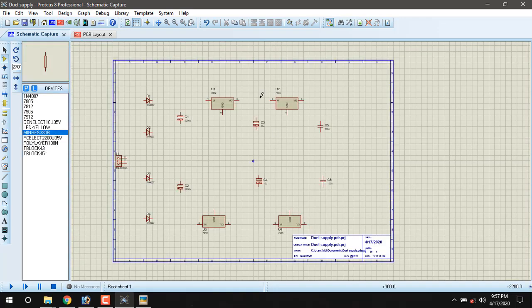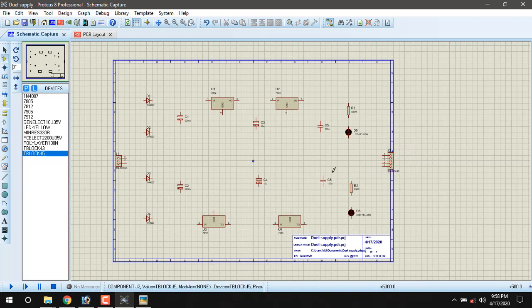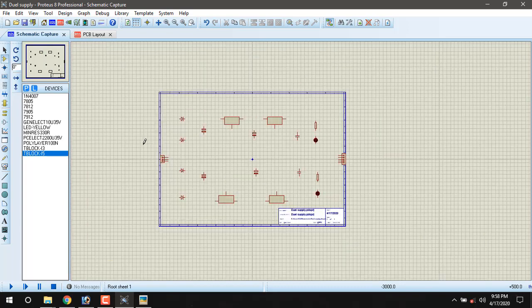Yeah, 330 ohm resistance. Here also 330 ohm resistance. Then an LED, yellow. So we placed almost all the components, and finally to take the output, it will be 5-pin connector. Press escape. Now we are going to join one by one.